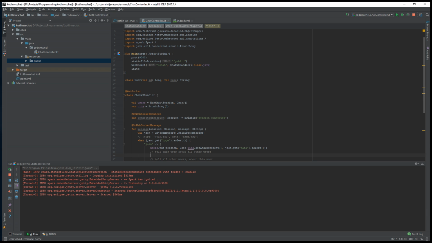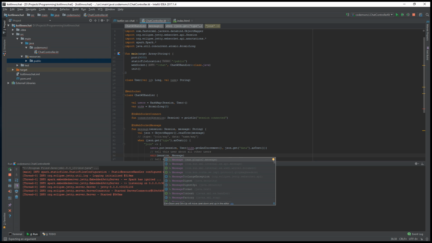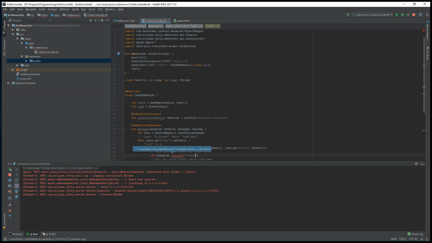So first off, we will call emit. Now emit will be just a single message to a single person. So we want emit to this session, and we want to tell them who the users are. So we'll create a message object. We'll call the message type users, and the values that we send is users.values, and so that will send all the users through. However, we don't have a class called message yet, so we will pop up here and create it. So message will be